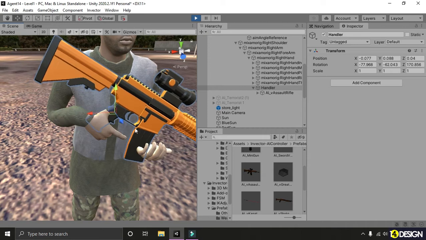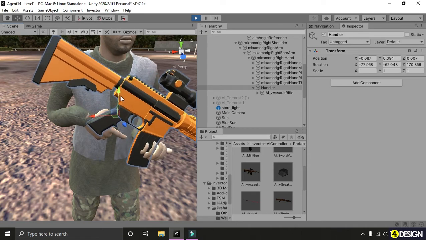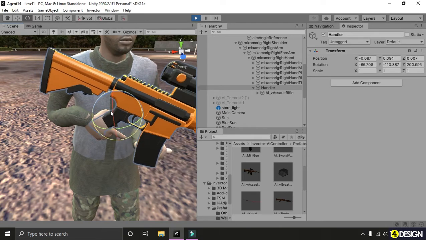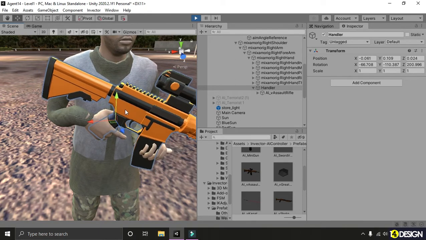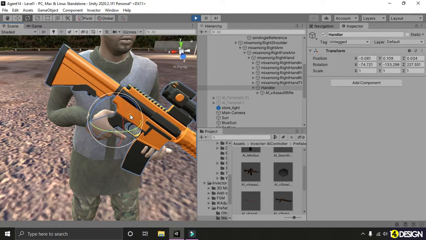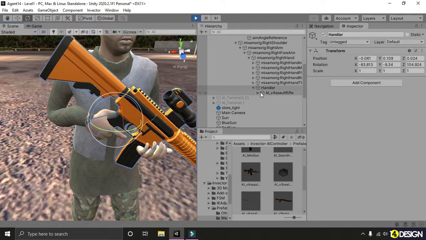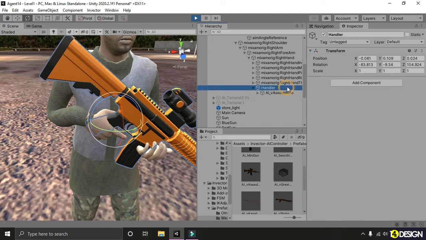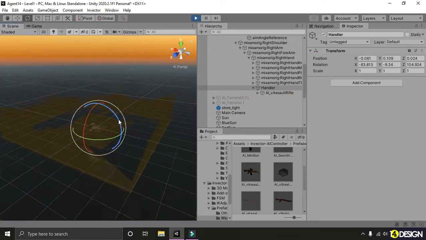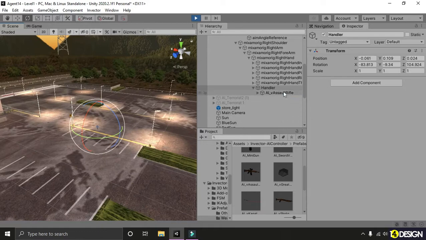You can move the handler, no problem. The whole point of creating the handler is that the main transform of the gun remains zeroed out. If you click on the assault rifle, you see the transform is zeroed out. Now properly do the handler rotation.